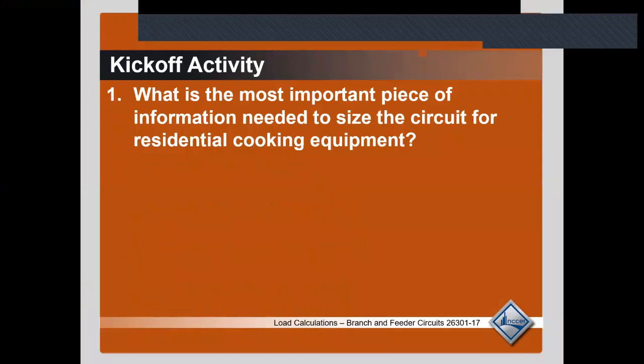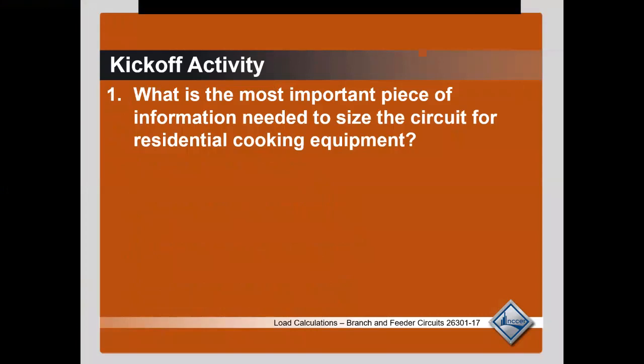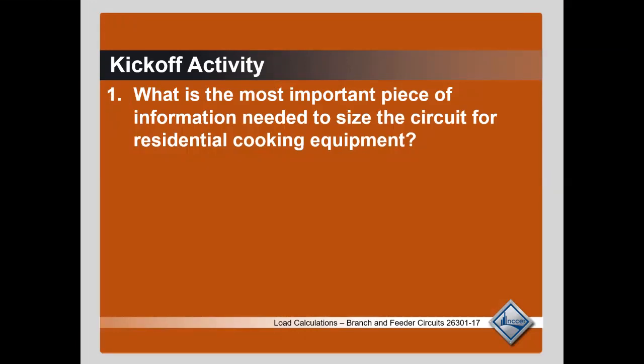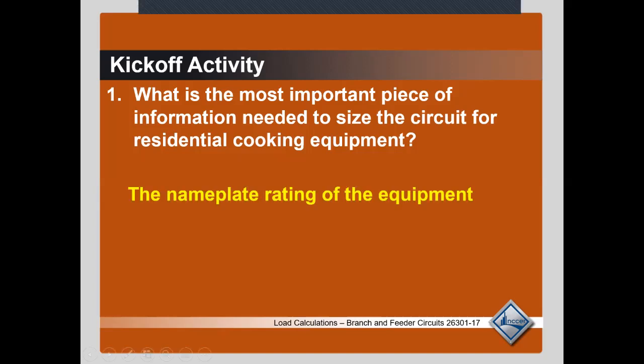All right, so what is the most important piece of information needed when you're sizing your cooking equipment? So if you have a piece of equipment going into your building, residence, whatever, what information do we need off of that equipment? See how much load is pulled. Absolutely, we need to see what the current is. The nameplate rating of the equipment. We need to know the maximum wattage or volt amps that piece of equipment is going